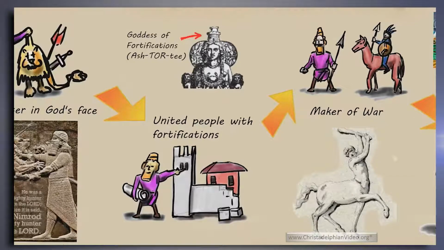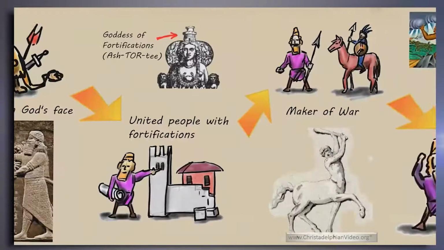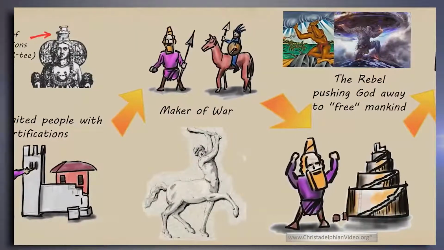So here's where his sort of might is going. He's gone downhill fast. He started out by defending people by killing lions, and now he's going down this line of actually being the one who wars against people. Oh, and I said he built towers. Now, why does he build a tower? It's always been a bit of a mystery, and I've always wondered about that. So I did a bit of research into why on earth he built this tower. I mean, what's it for?